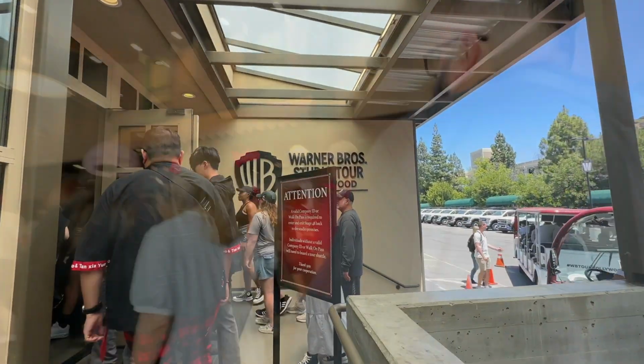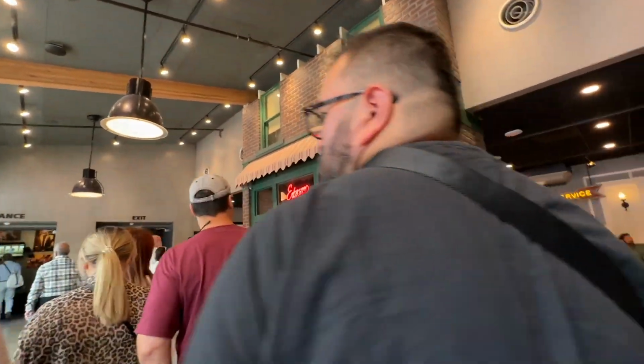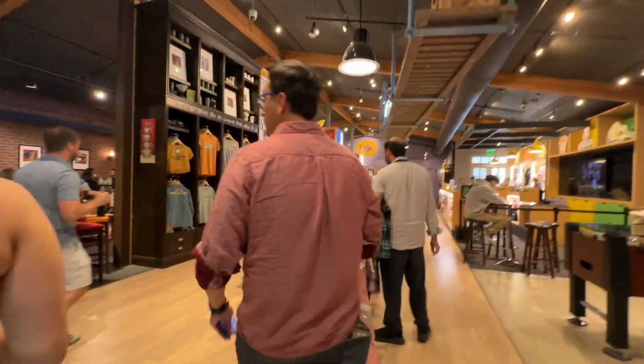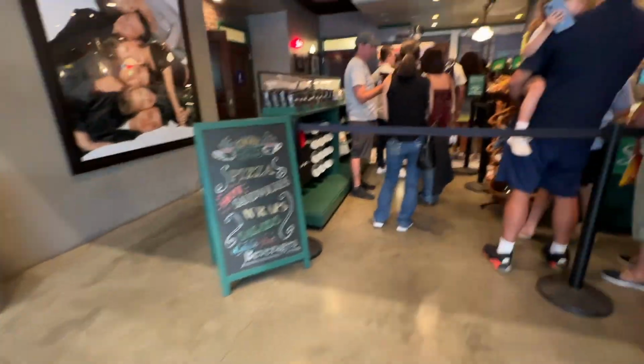From here, you go to the next part of your tour. So this is no longer guided. This is all individual, and this is a cafe. So if you do get the studio tour plus, this is where you get your lunch, or that was added. We did not do that, so we ended up just getting in line,